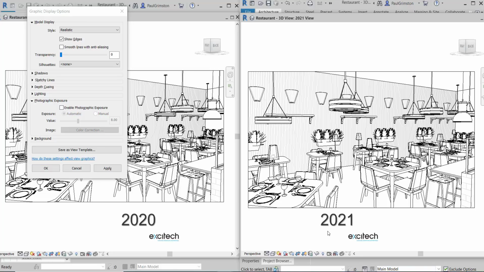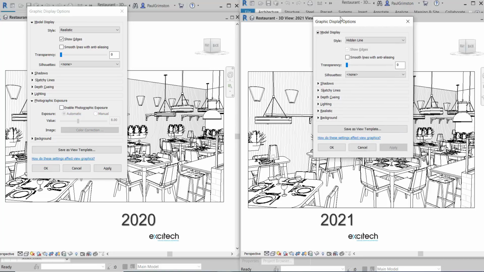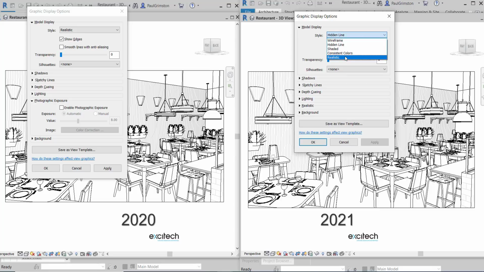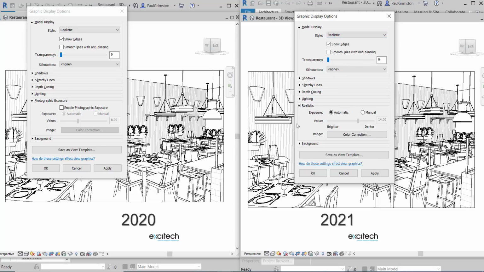In the latest release, if we go into the same dialog box and swap it to realistic, then there's no option to enable it. It is just permanently switched on. Whenever we go into realistic mode, the exposure control is enabled. And this means that we don't have to manage it ourselves. It's automatically switched on, and then it's easier for us to use the realistic mode and get better results with this. So if I hit apply on both of these,